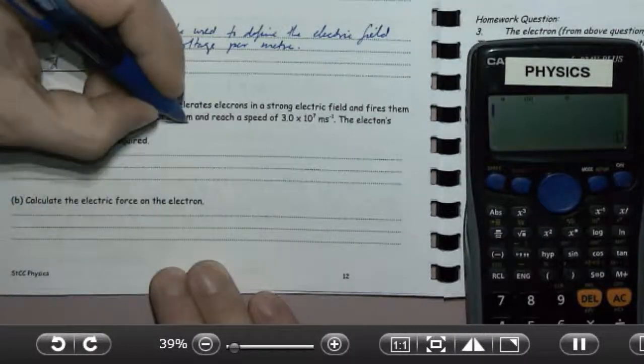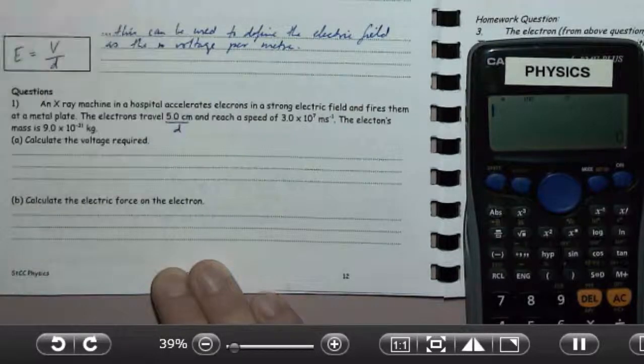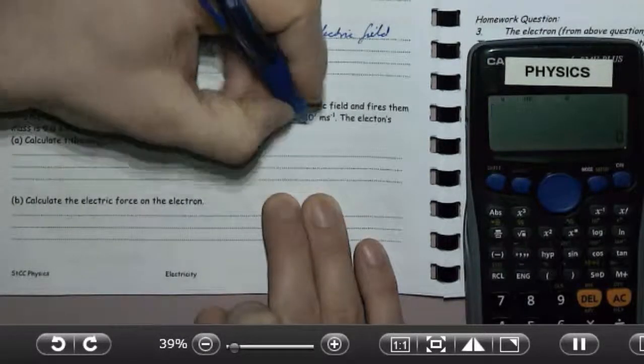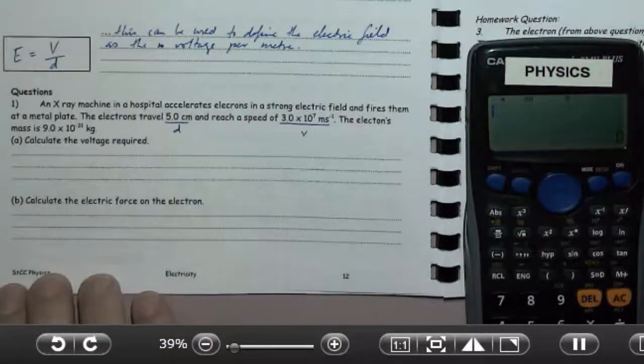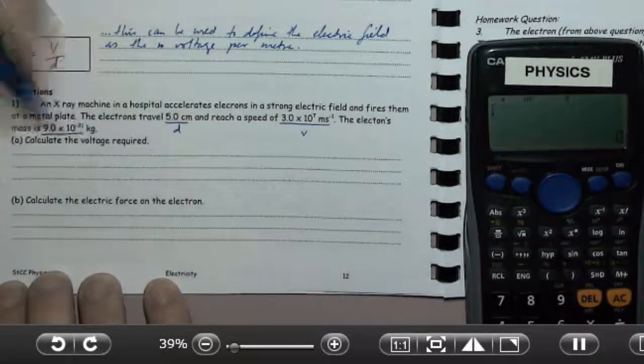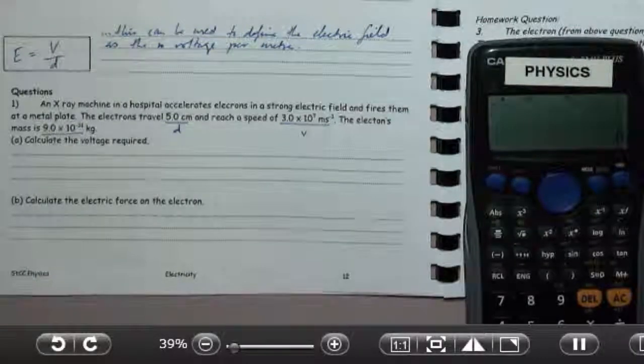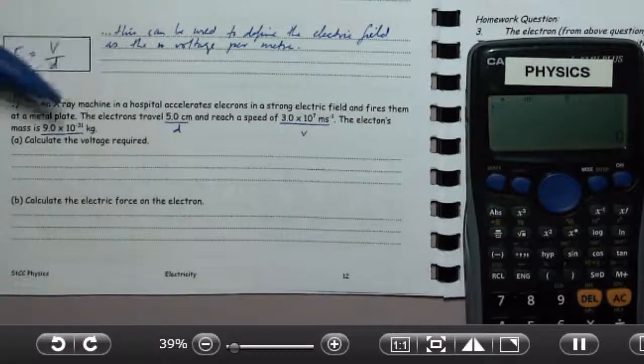Okay, so we have a distance of 5, and we have a v of 3 times 10 to the 7, and we have a mass of this. So we're given enough information here to work out the final kinetic energy of the electron, which will then let us go backwards and work out how much electric potential energy the electron must have had before it was accelerated, and that should allow us to work out the voltage required. Okay, so